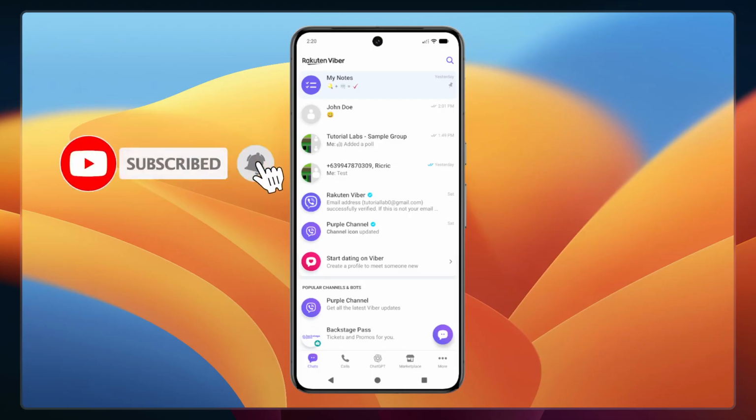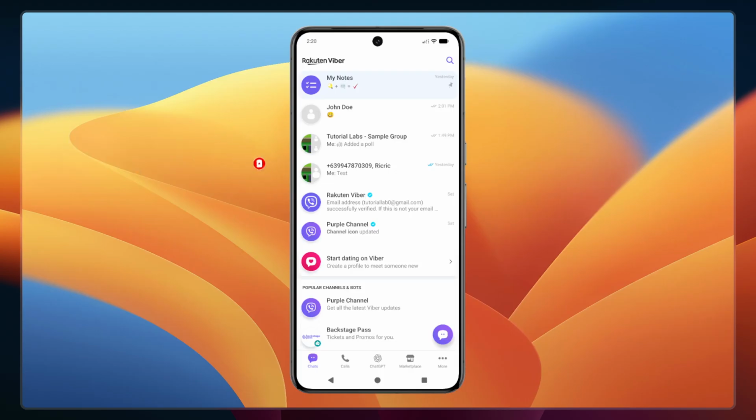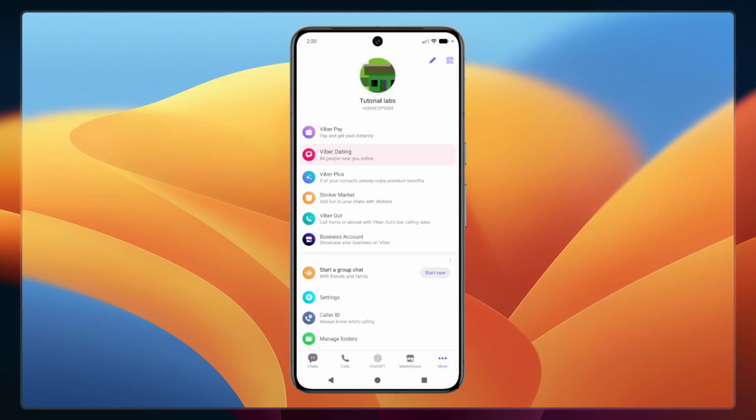First, open your Viber app and look at the bottom of your screen. You'll notice several tabs down there. Go ahead and tap on the one labeled More. This will take you to a menu where you can access various settings and features that aren't immediately visible on